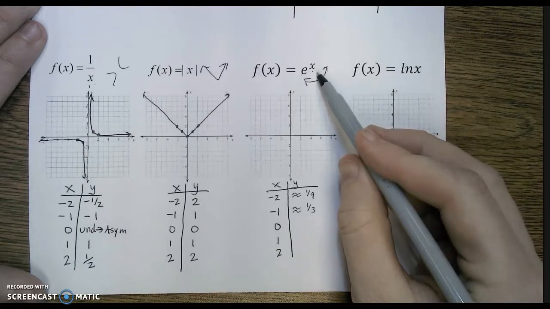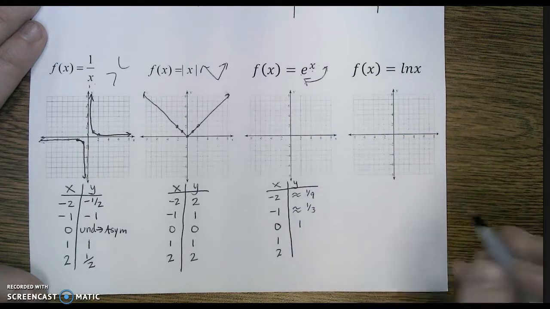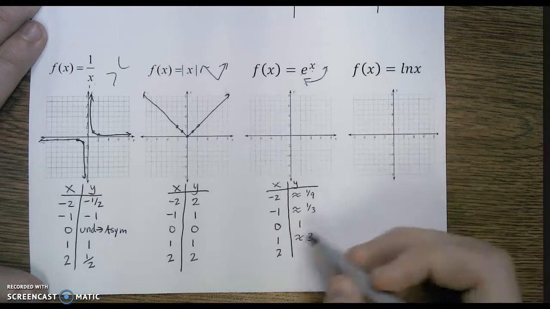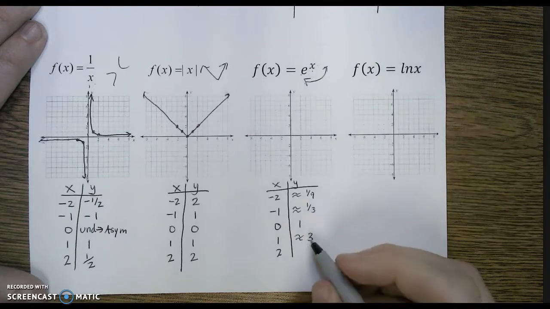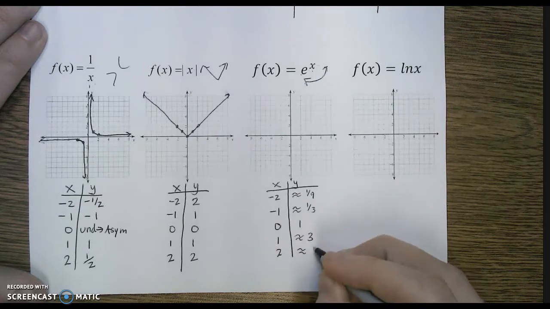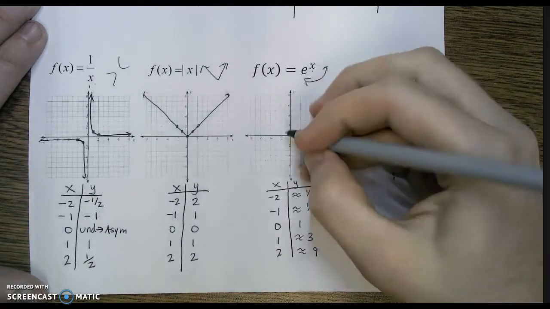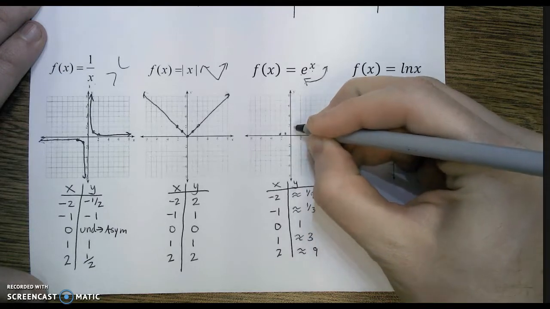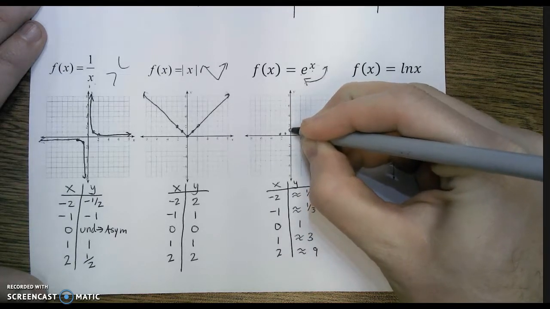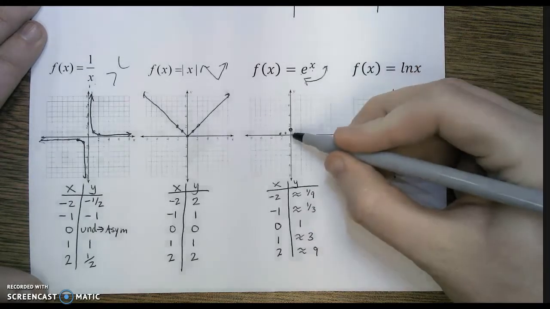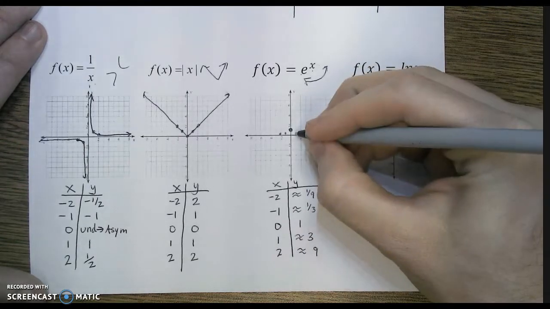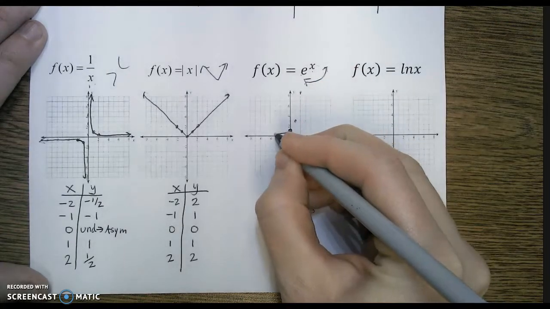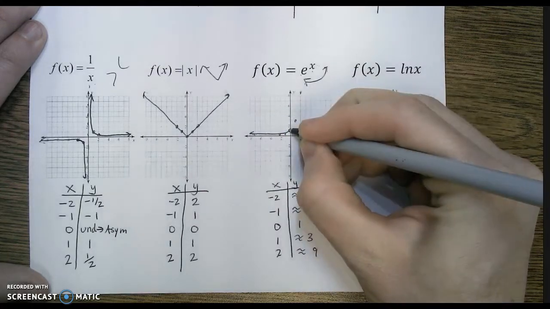e to the 0, anything to the 0 exponent is 1. e to the 1st is going to be approximately 3. And then e to the 2nd, that's approximately 3 squared, which would be 9. So that'll give us a good idea for our graph. So -2 is 1/9, -1 is 1/3, 0 is at 1, and that's not an approximation, that's exact. And then the other ones are approximations. So 1 is at 3, 2 is at 9,